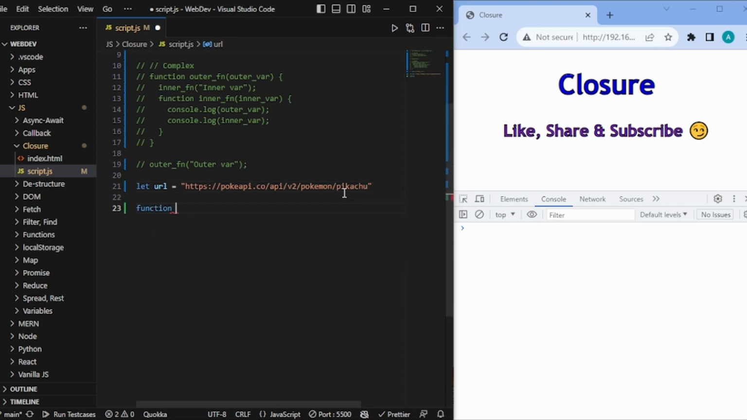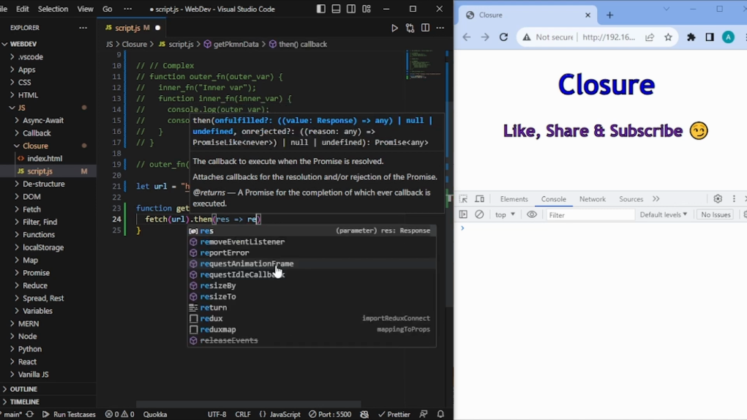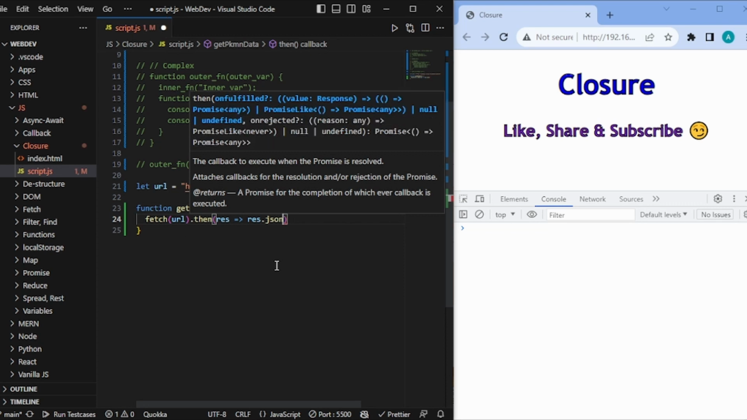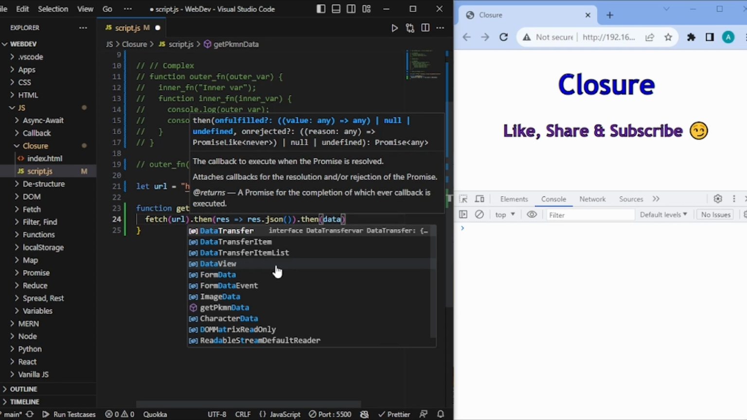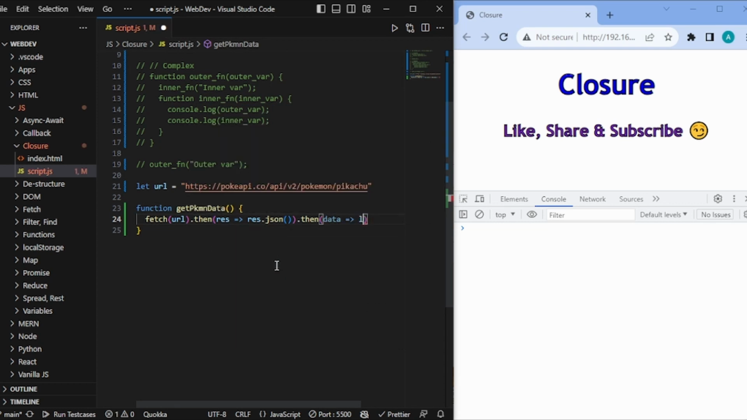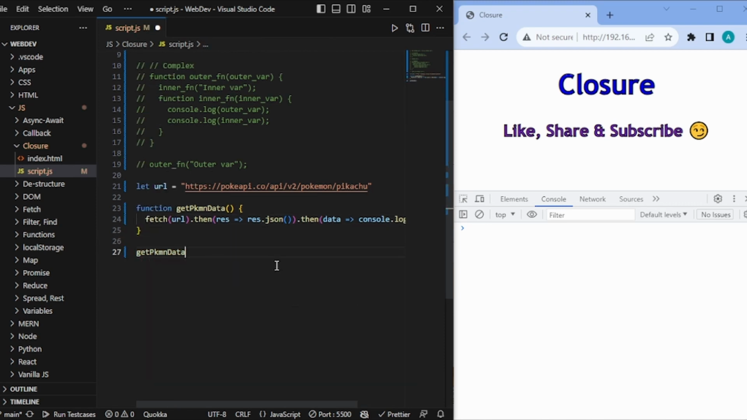Now I will create a function. Let's call this function getPokemonData, and inside this function I will use fetch, and I will pass this URL that I have declared outside. So we are using closures over here, often without knowing, but from now on you'll know that this thing is called closure. Now I will simply return res.json, and then we will get our data, and I will simply console log data. Then we can simply invoke our function, and we will get the